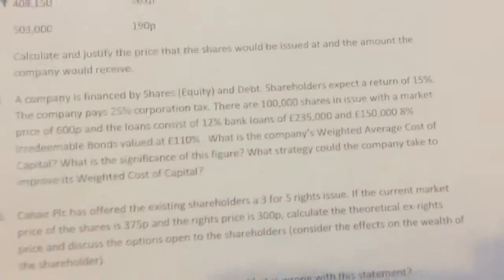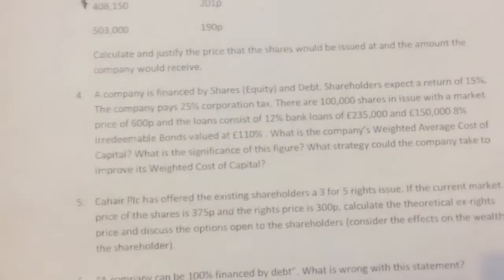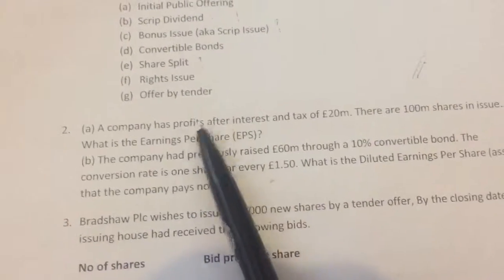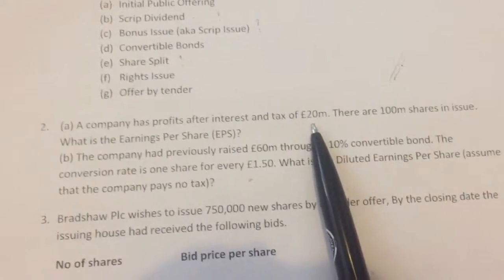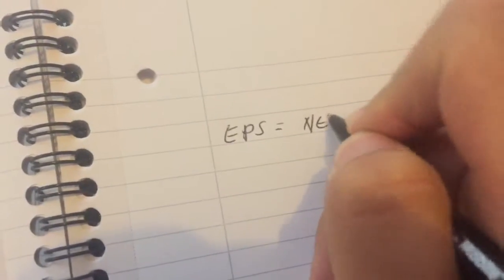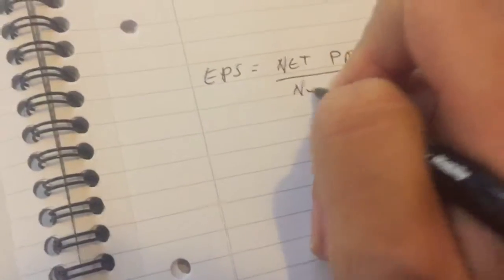Question 4 is probably the hardest out of Seminar 2 because it focuses mainly on WACC, weighted average cost of capital. So that's like a much harder formula to find. But if you look at question 2, basically they're just telling you what is the earnings per share, and they've told you that the company's profits after interest and tax are 20 million, and they've got 100 million shares in issue. And the EPS formula is your net profit